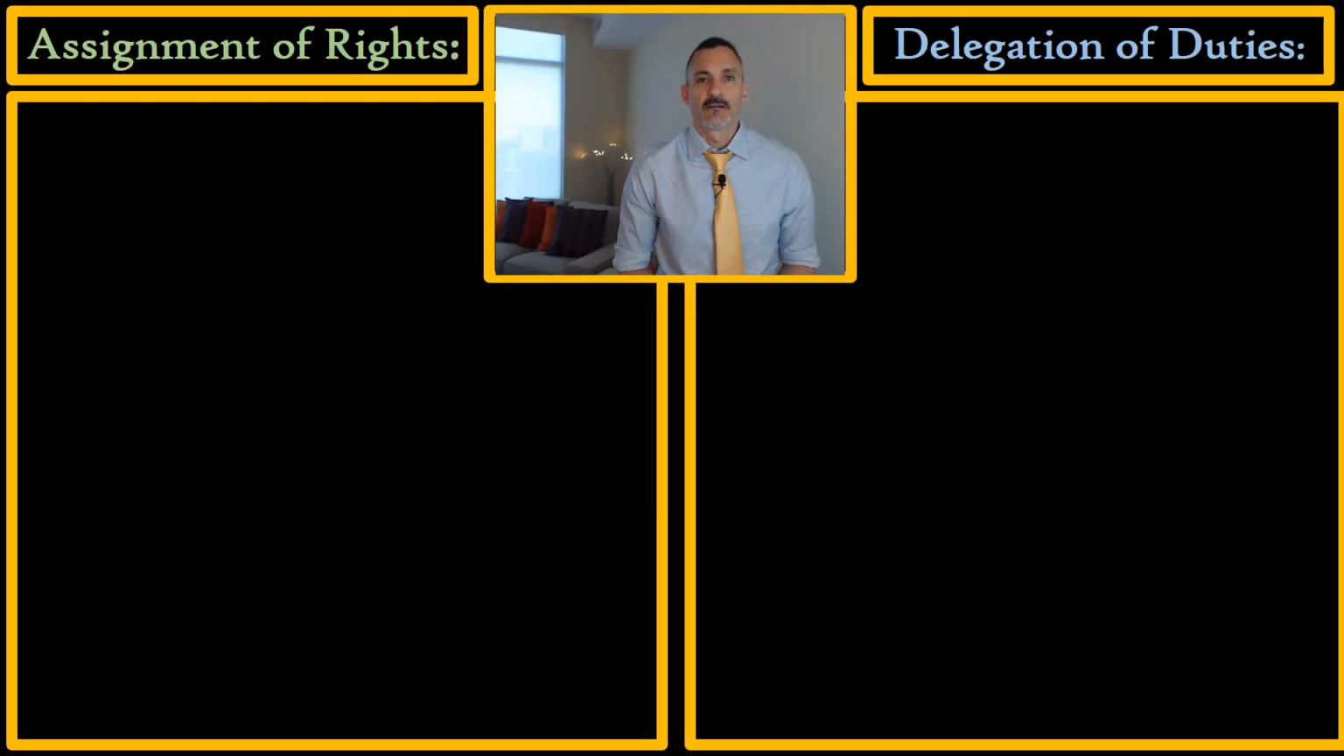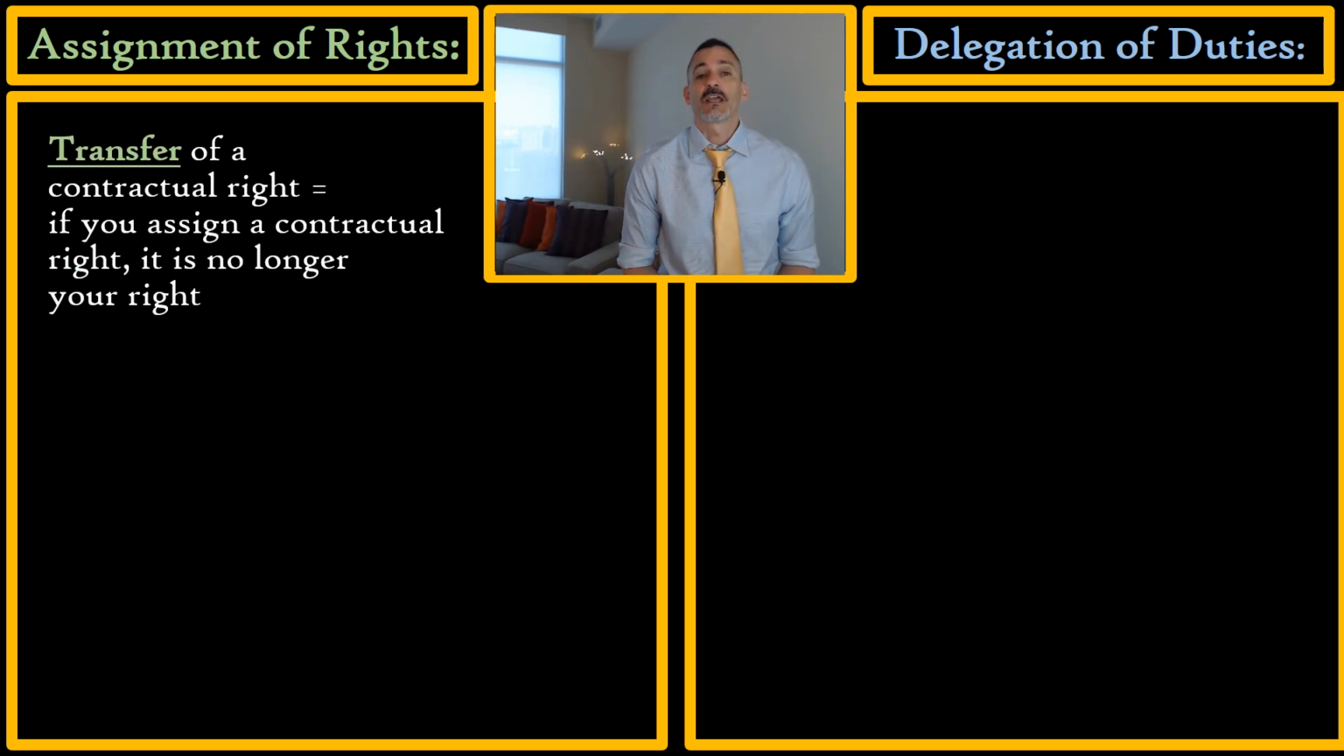Let's compare assignment of rights and delegation of duties. First, let's look at assignment of rights. An assignment of rights is an actual transfer of your contractual right to a third party. Once you transfer that right to that third party, you no longer have that right. So imagine I have a right to payment under a contract. If I transfer my right to payment to a third party, I no longer have that right to receive payment